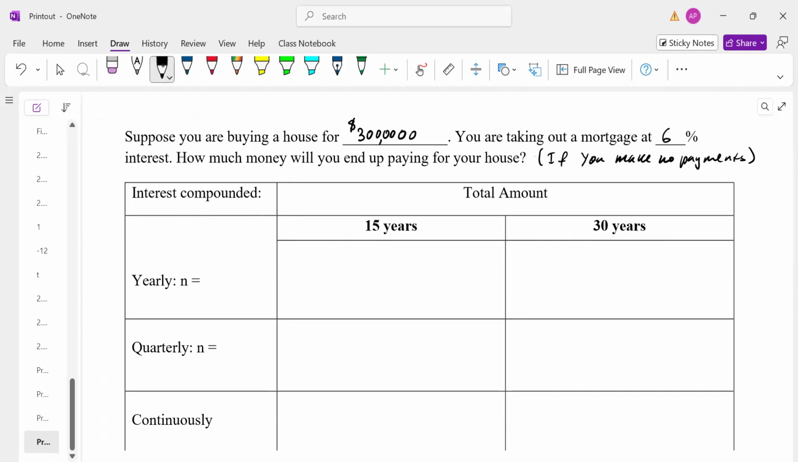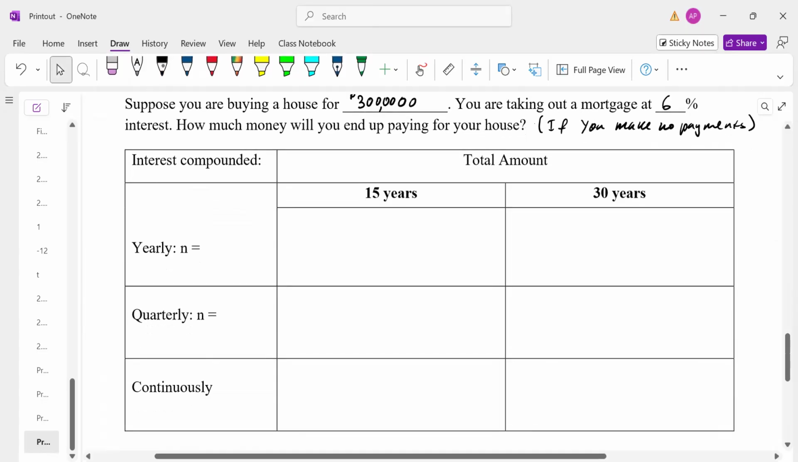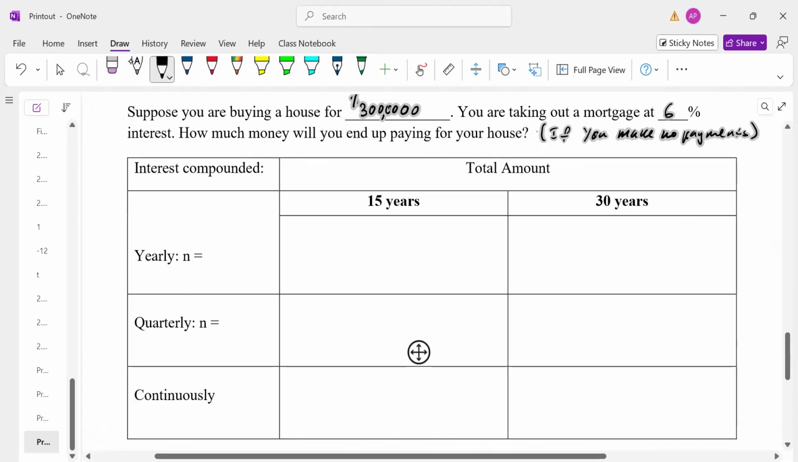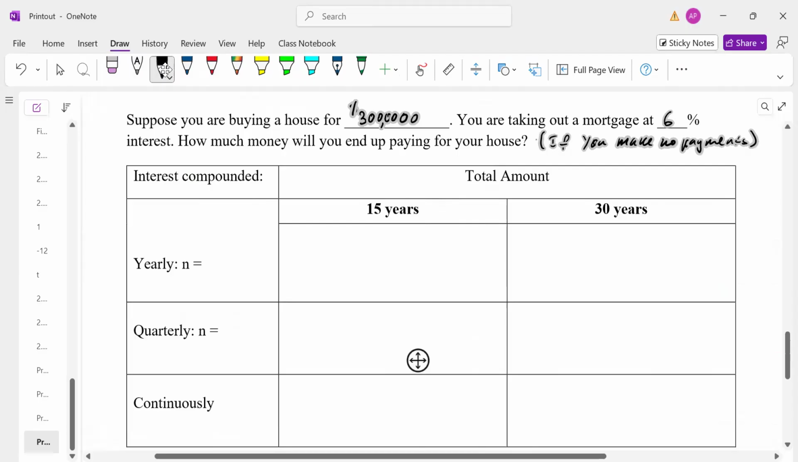Because if you start making payments, that's a much more complicated question. It's actually a question of differential equations, something that is studied in college. So if our interest accumulates yearly,